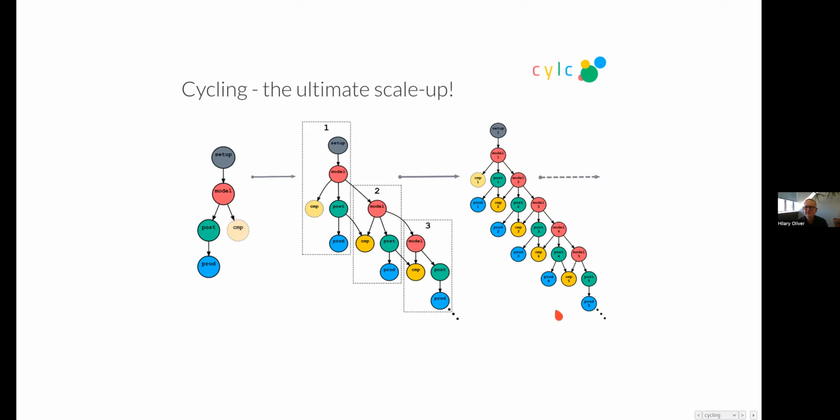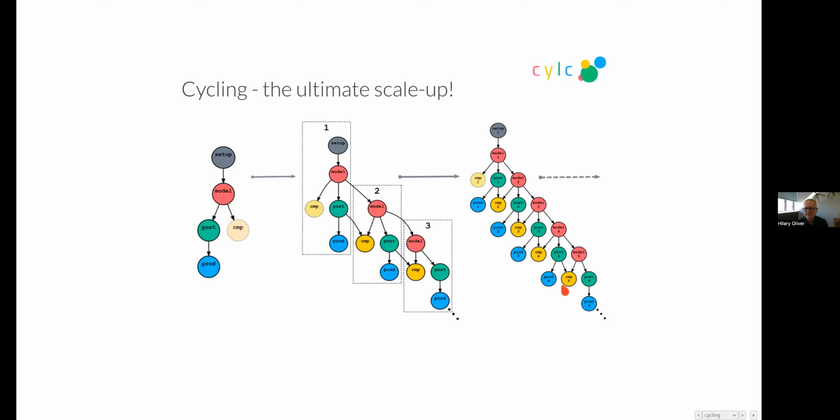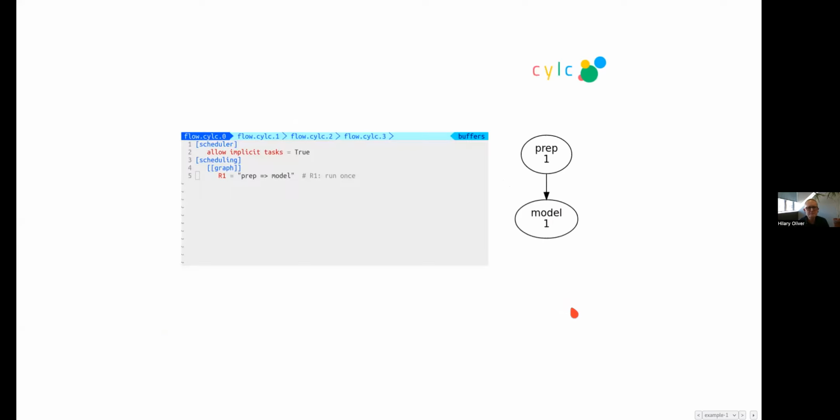And that allows us to run these workflows without any barrier between cycles. And as I said, that can carry on forever. So you could, with a very small workflow definition, essentially just defining this thing on the left, you can process 1 million data sets if you want. Here's an example of that.